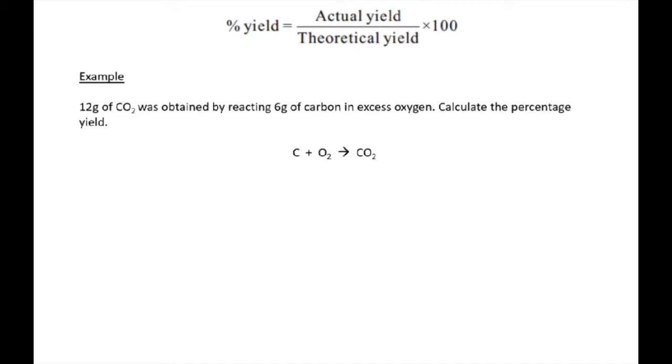Percentage yield is used with atom economy to tell chemists how efficient a chemical process is. The equation that's used to calculate percentage yield is found in the Higher Chemistry Databook and is given here. Percentage yield tells you how much product you successfully make in a chemical reaction compared to what you theoretically predicted